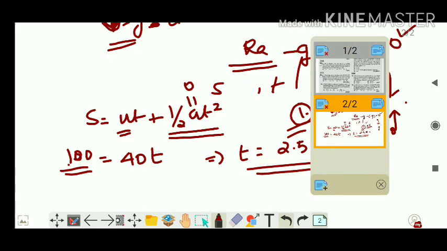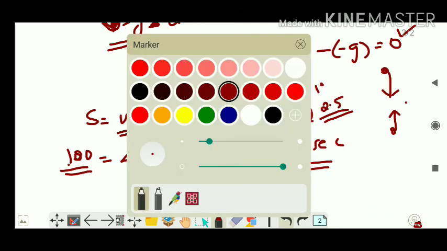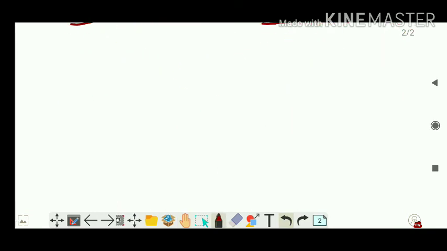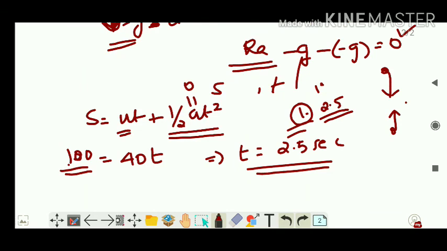I'm going to draw it in this direction because it is much easier if I draw it this way. So this is my up and this is my down. Because it is very easy to understand by this drawing. Up and down, I hope you understood. So